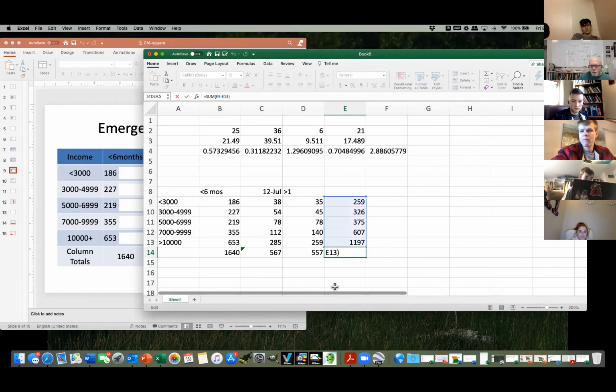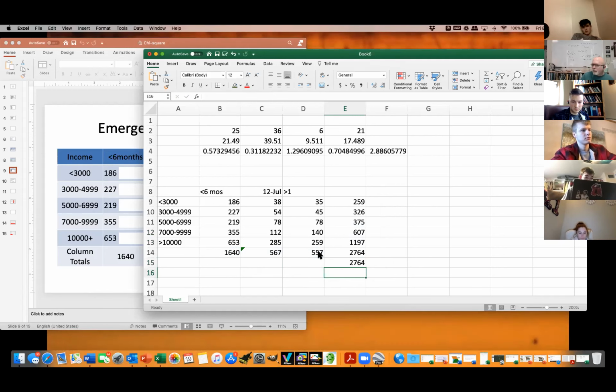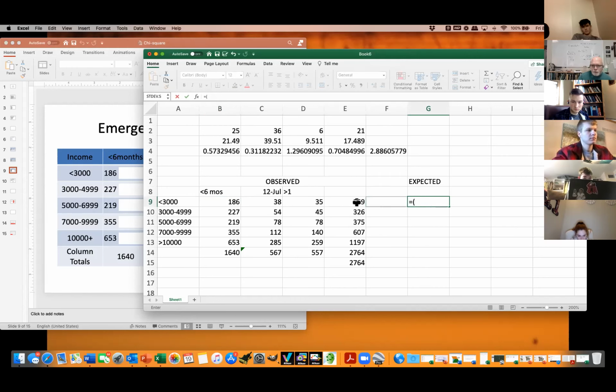Since that was summing across the rows, we can once again check our values and sum across columns, and it should give us the same answer, because we should never trust computers. Okay, so that gives us our raw data and our row totals and our column totals. So this basically is the observed values. And what we have to do next is calculate the expected. And expected is, once again, for this category here, just going to be equal to the row times the column